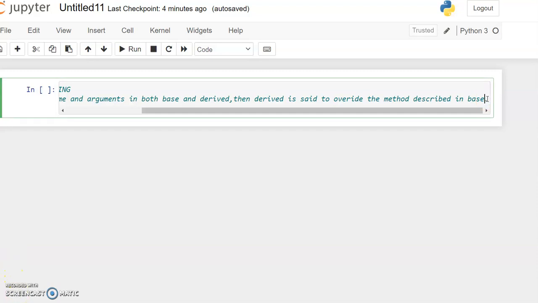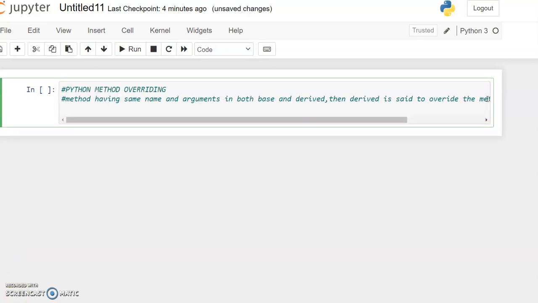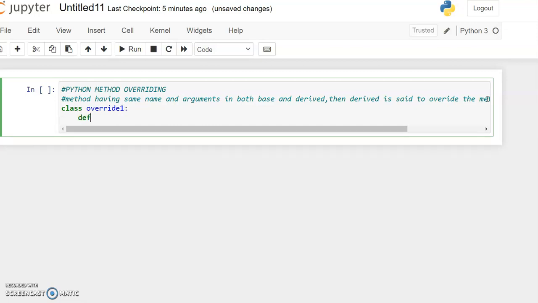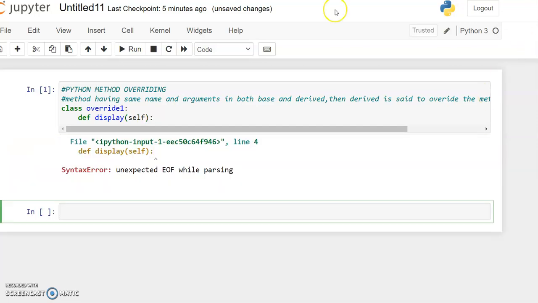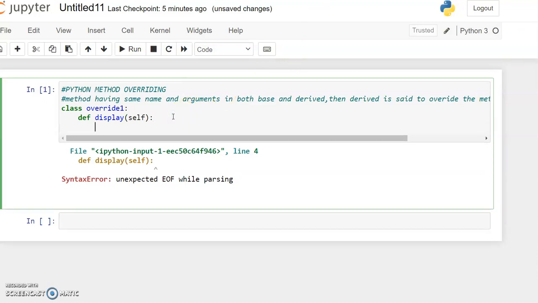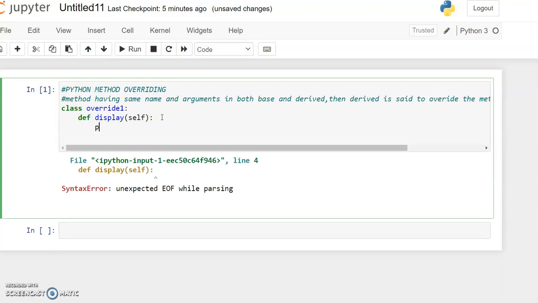Let's see this with the help of a program. Class override1, def display of self, print of base class.